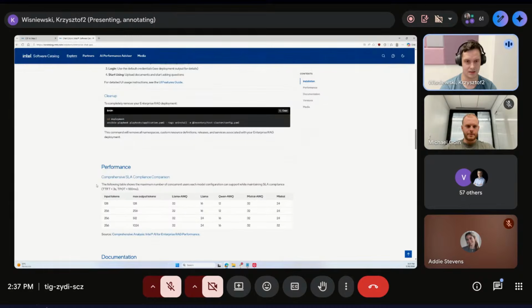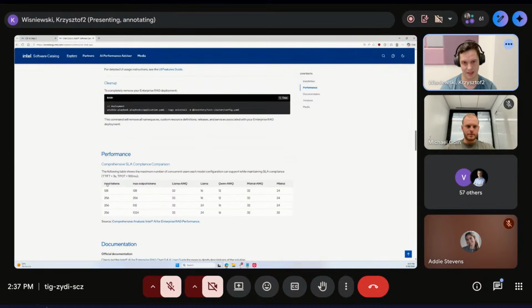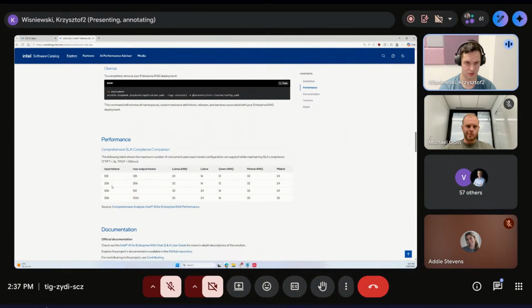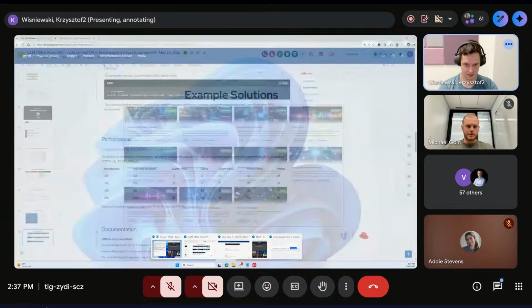And here you can see what performance you'll be expecting in that cluster, depending on the model that you are running. There should be also explained on which hardware it was run and how it was done. Basically, all of that is reproducible. You can do it by yourself. And going back to presentation,